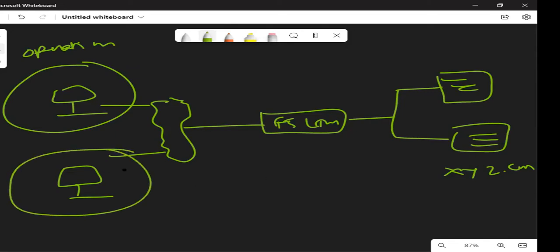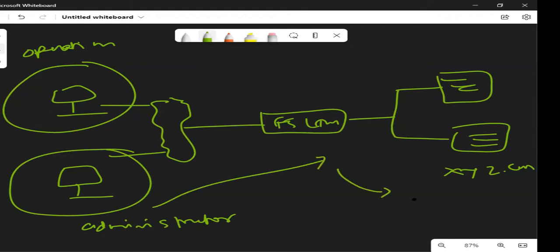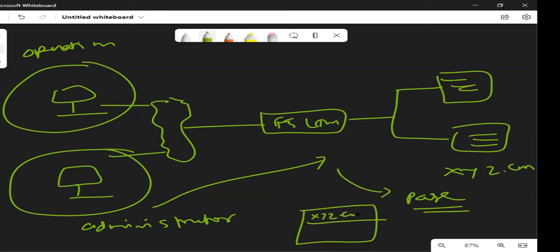These other users are from the administrator team. And I want that when such people come to the F5, they should go to a specific page of the application, that is xyz.com/admin. This is my requirement.